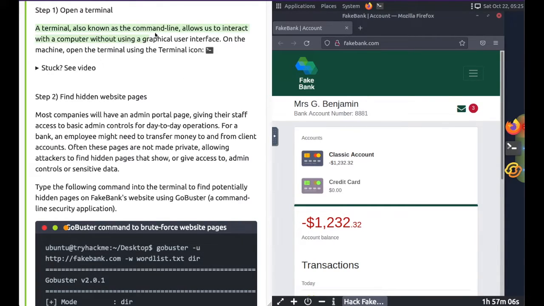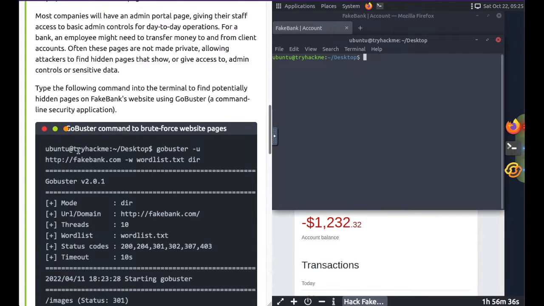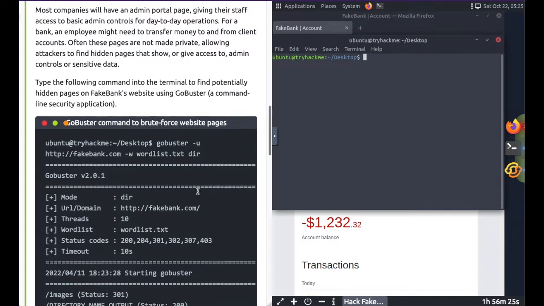The first step is to open up our terminal, which is also known as the command line. And there's one at the top that allows you to open up the terminal, as well as on the right side there's also a terminal icon. You can choose either one. I'm using the top one. Click it to open it up, and if you have a look at the screenshot, it shows Ubuntu, a TryHackMe desktop, and if you have a look on ours, it says Ubuntu TryHackMe desktop, so we're